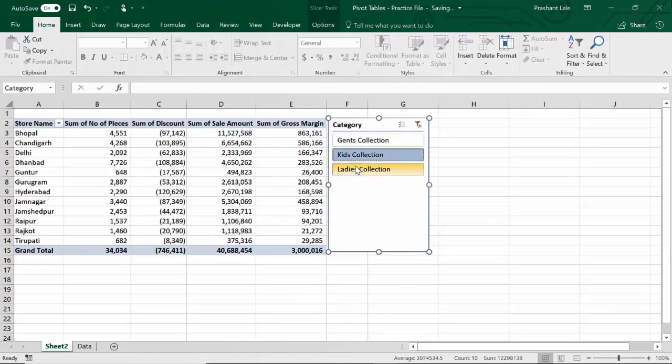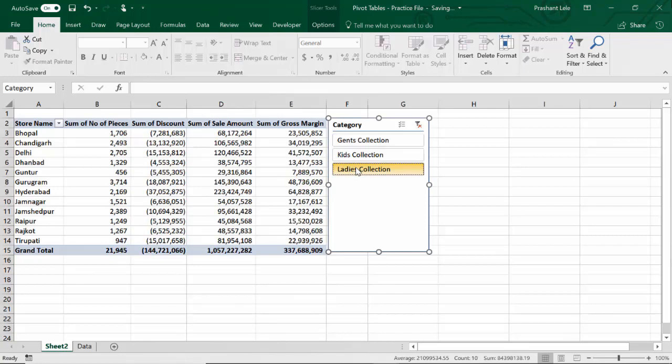Kids collection, ladies collection. See how beautiful it is. It does the same work of report filters but in a visually appealing way. This is good for presentations and dashboards. If you want to remove the filter, just press this button.